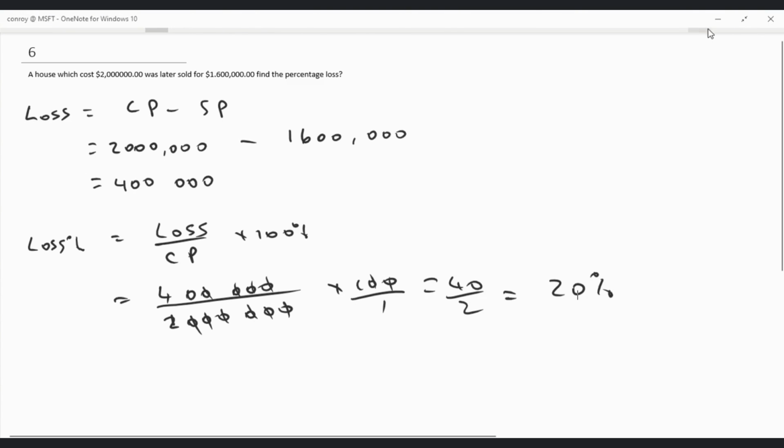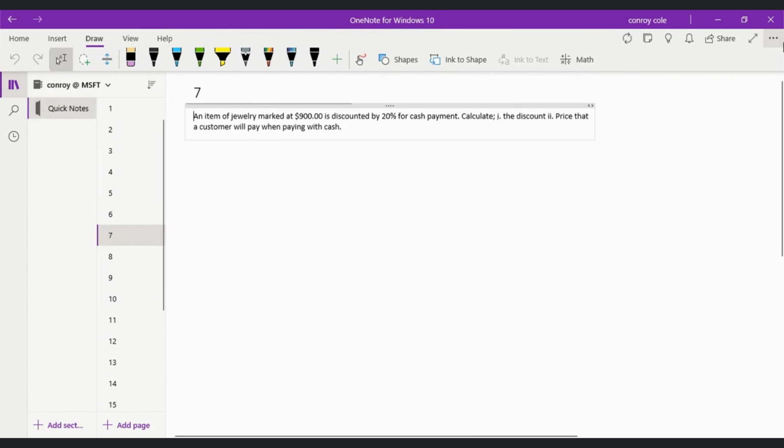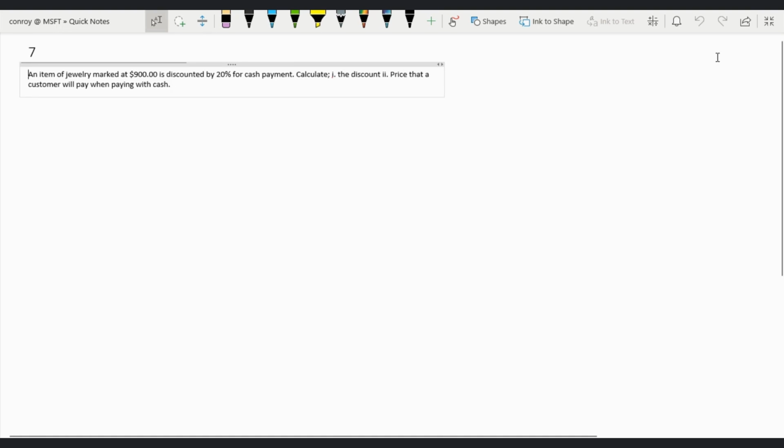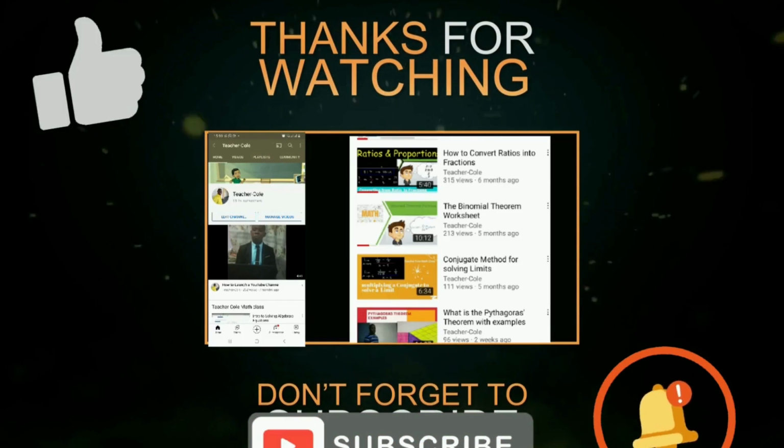All right, moving on to our next question now, which asks us, it says, an item of jewelry marked at $900 is discounted by 20% for cash payment. We are to calculate the discount and the price that